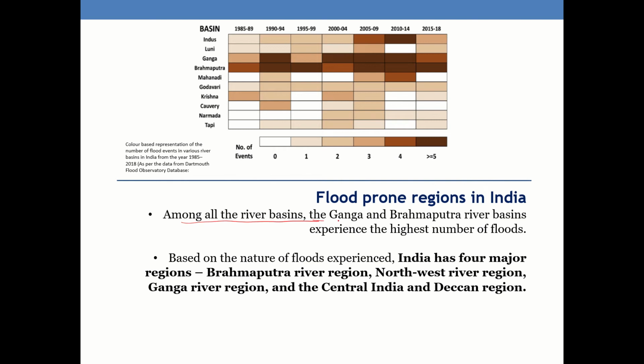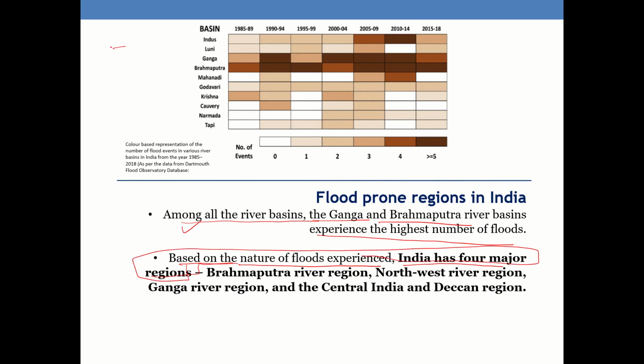And if you see the Indian context in perspective, among all the river basins in India, the Ganges and Brahmaputra river basins experience the highest number of floods. Based on the nature of floods experienced, India has 4 major regions. Okay, this is based on the study conducted. The entire country can be divided into 4